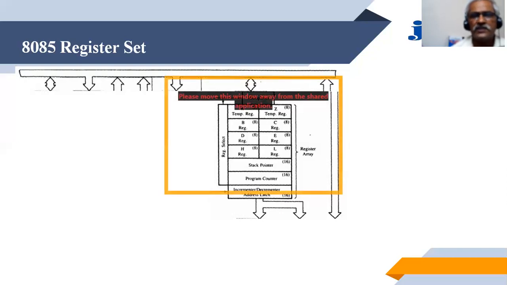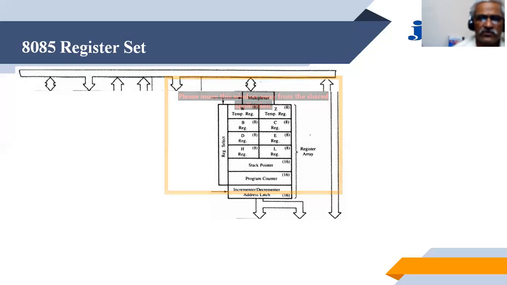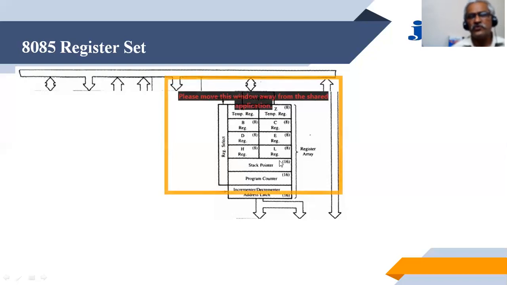So these 6 registers are called general purpose registers. They can be used for any general activity to store 8-bit data or 16-bit data. But these registers also have specific meanings. Register B can be used as a base register. Register C can be used as a counter. Register D can be used as the data register, to hold sometimes the port addresses. And registers H and L can be used to point to the memory.